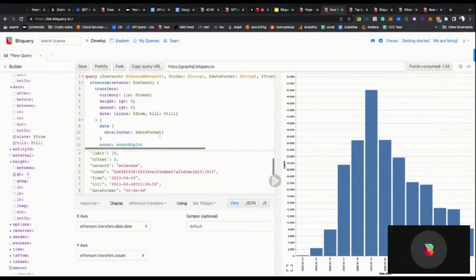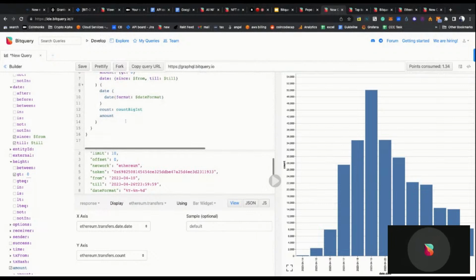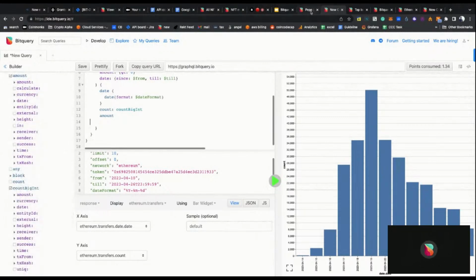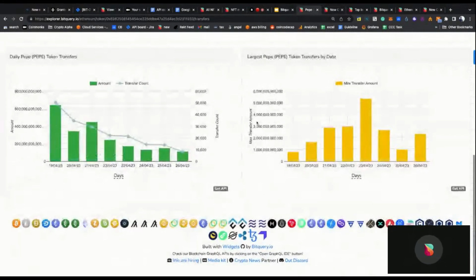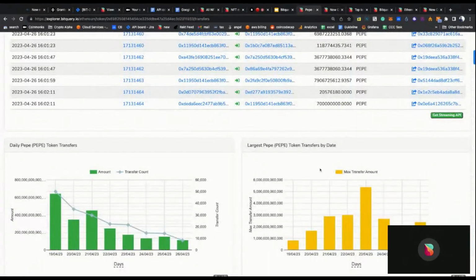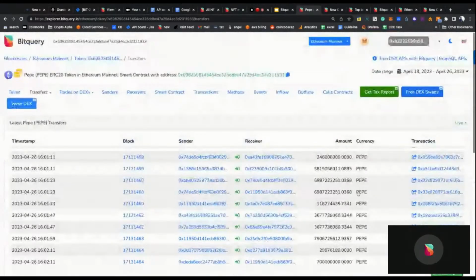You can actually change queries based on what you understand. Once you start using it more, you can understand more things, and you can simply hit control space and see what things are available, or you can use builder to see what things are available and write queries accordingly. So you see different types of token related data. For example, what is the largest token transfers? For example, on 23rd there were like 5 billion peeps transferred in one transaction, and these are latest transfers on peep.